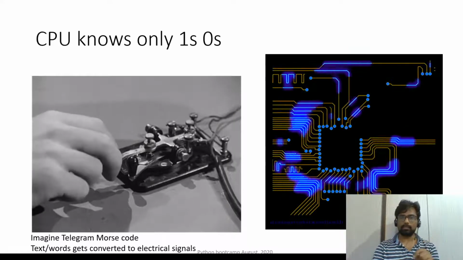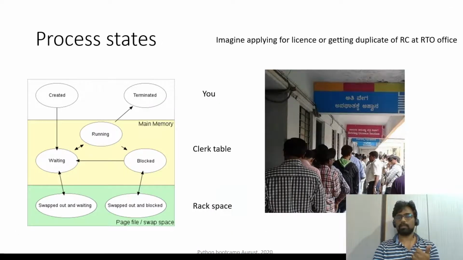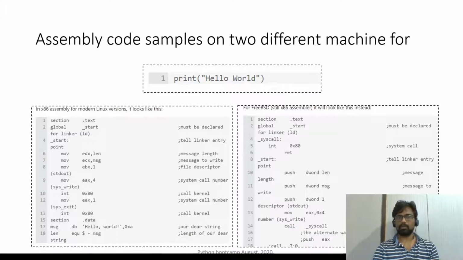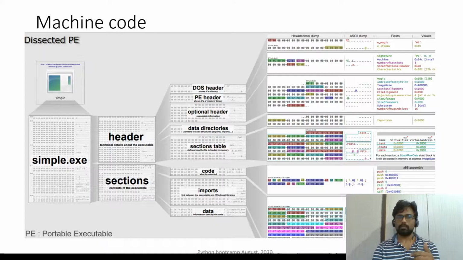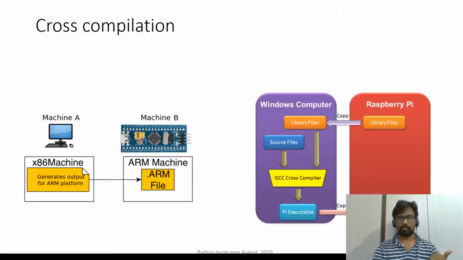From that we moved towards assembly code, and then we automated that assembly code to something called high level code. The reason that we cannot use assembly code for every program is because it is hardware dependent. So from machine code we move to assembly code, and from assembly code we move to high level languages. And then we also learned about what is cross compilation. Cross compilation is nothing but when there is a machine which does not support the binaries that you are building on your PC, you download the compiler, and then you cross compile it to the target machine.